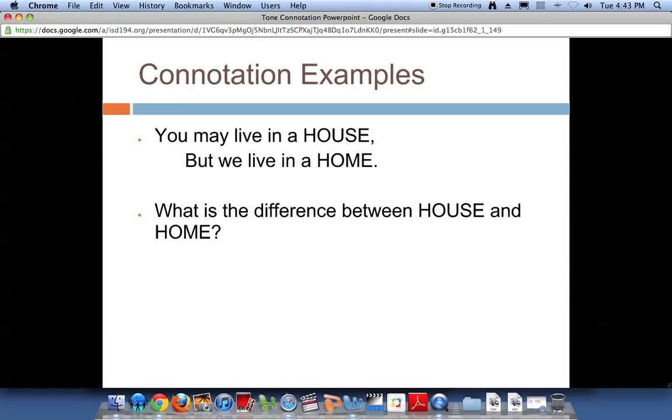When we think about home, we don't think just about the walls and the roof. We think about the pictures on the wall. We think about the people who live in the home. We think about family dinners. And we think about how we interact with each other under that roof. I think I got that wrong. We build a house, but we live in a home.